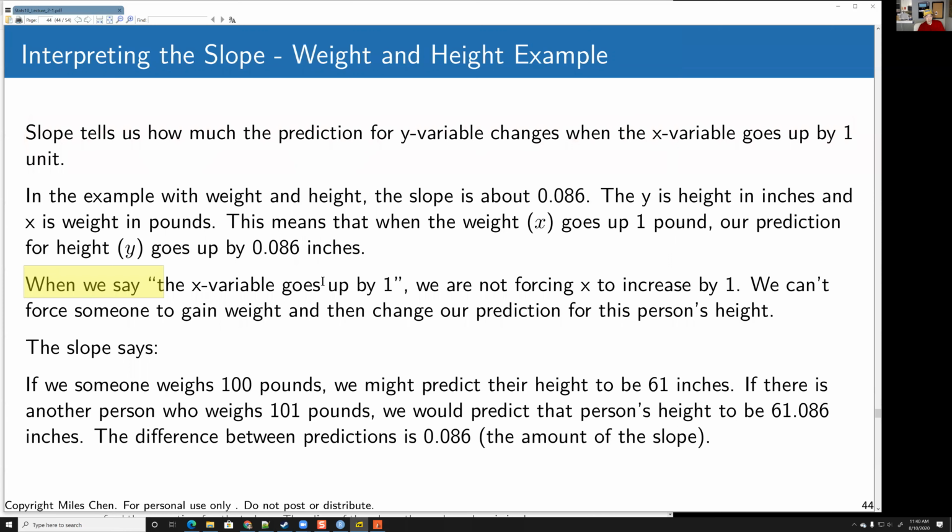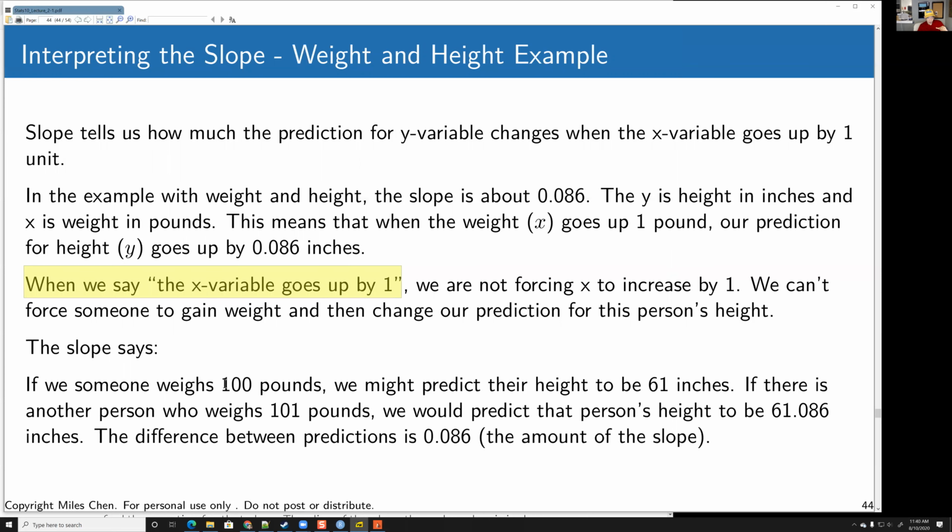Now, when we say the x variable goes up by 1, we're not forcing x to increase by 1. We're not saying that if somebody gains weight, they're going to get taller. That's not how it works. We're not saying that one is causing the other, and you can't say that we're changing it. We're just saying that if there's two people,